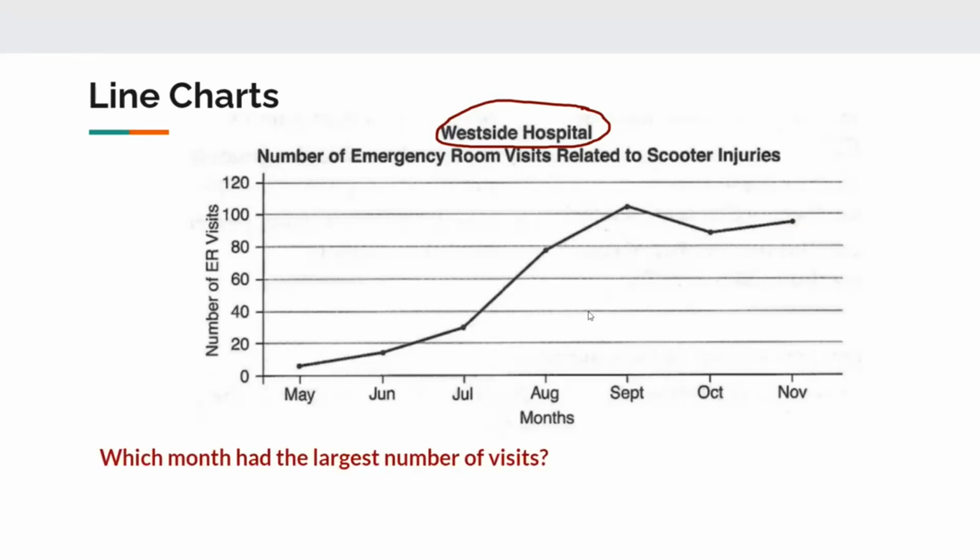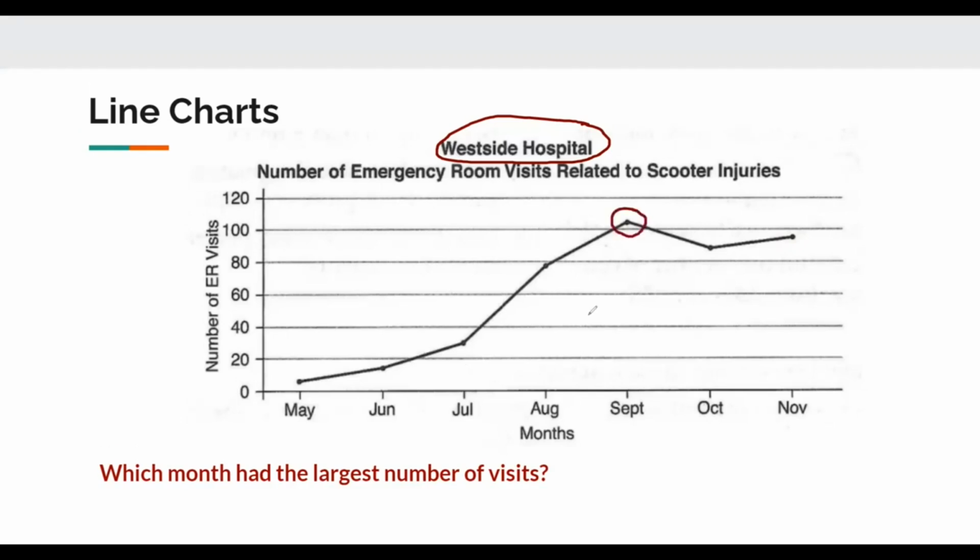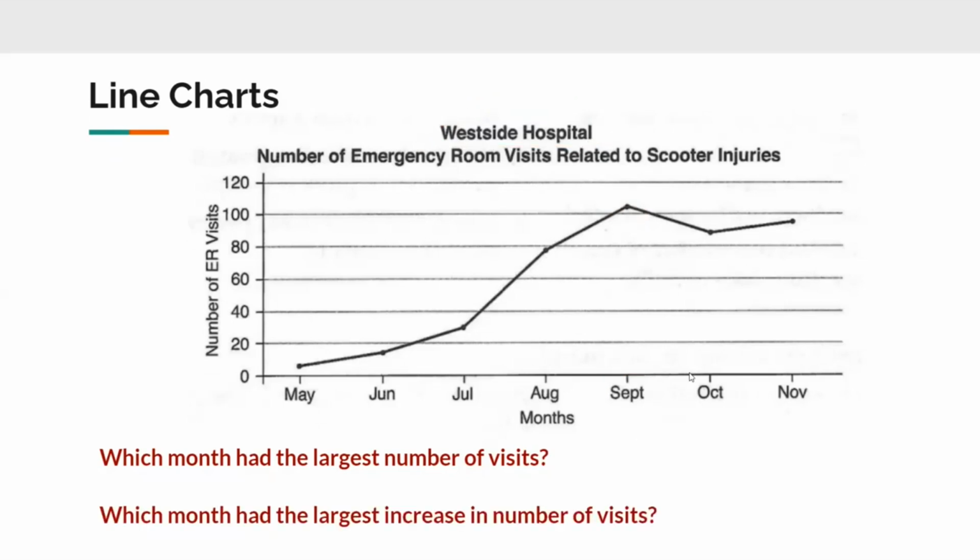Which month had the largest number of visits? This is a pretty easy question to answer. We look for the highest point on the chart. That will give us our largest number of visits. And it appears like that might be about 105. But we're just interested in answering with the month of September. That had the largest number of visits. Next question. Which month had the largest increase in the number of visits? This is a little bit trickier